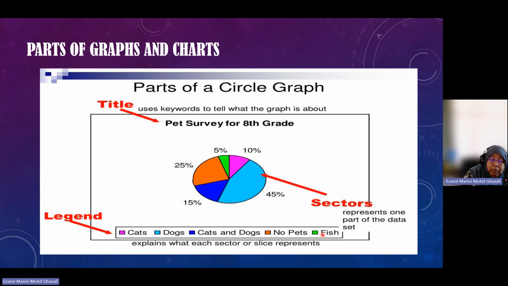So if we are looking at the pie chart, we know that 45% of the 8th graders own dogs, and 25% of the 8th graders have no pets at all. All right, and the lowest number, fish as a pet, is 5%. Right,